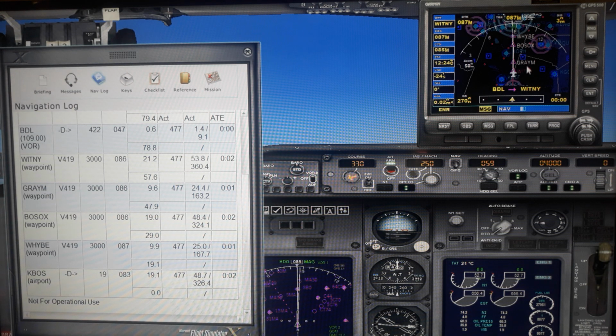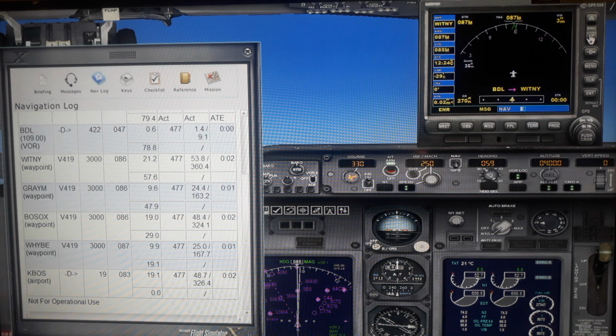That is Whitney to. We are crossing Whitney now. Here, this is Whitney. Okay, this is the Whitney waypoint. This triangle is the waypoint.